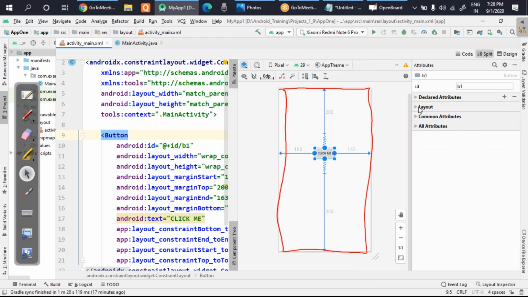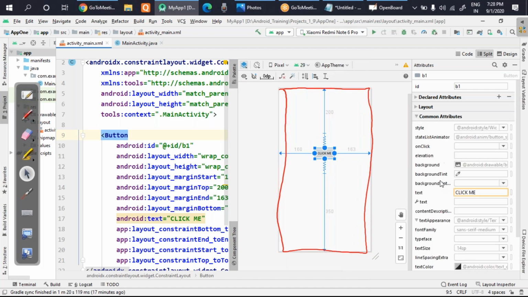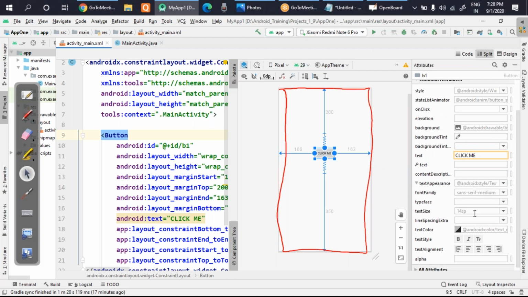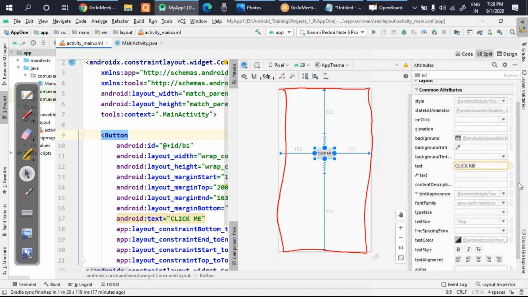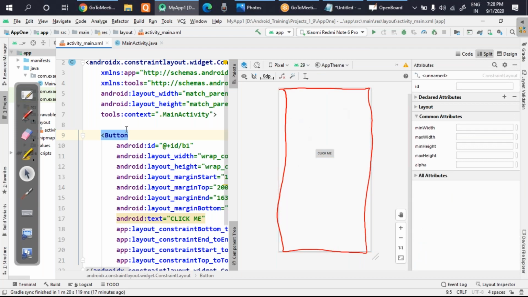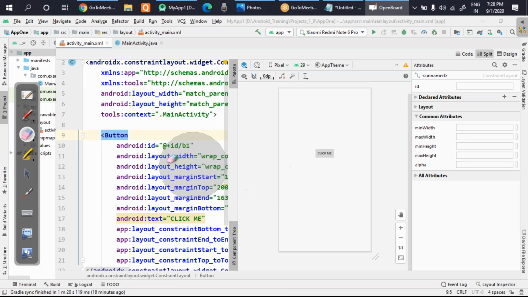Now I'll move forward and we'll see the common attributes. In common attributes, again, there are many things, but for the time being, I'll not explain anything. Let's finalize this as the first front end design. You can proudly say that you have developed the first front end design where there will be one button. If I execute this, this button should do something, but that part I have not done.